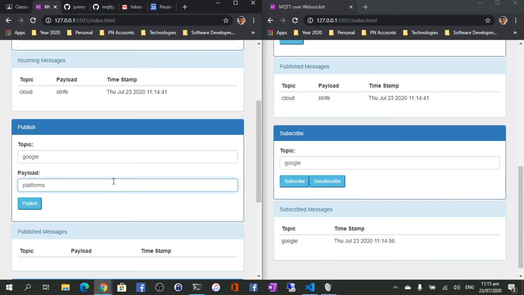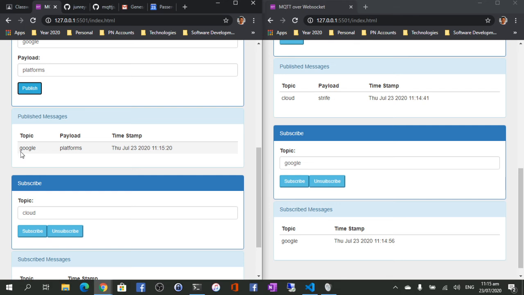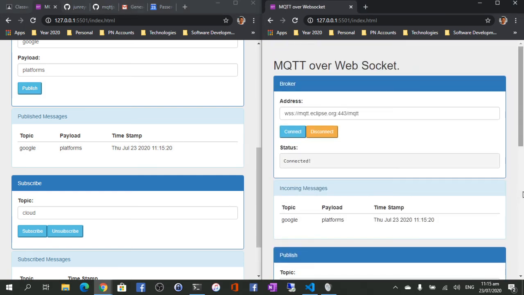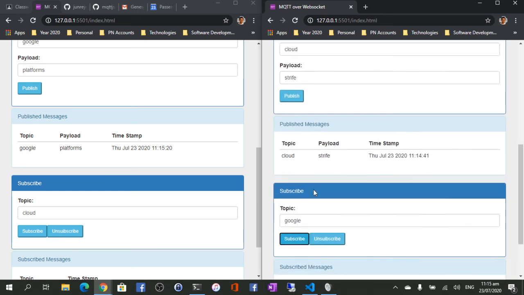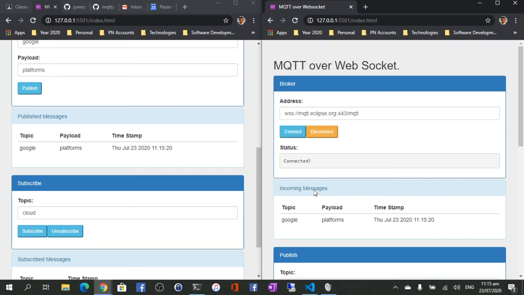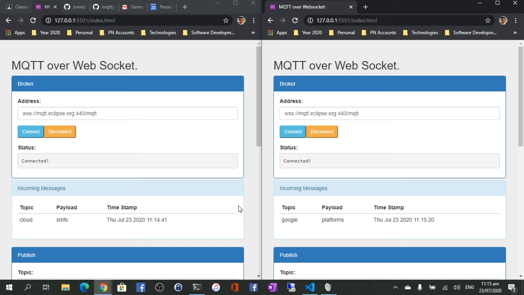Okay, so now if I publish, it will show me that I published to the topic Google with a payload of platforms, while here I should also be receiving that topic with a corresponding payload. So I guess that's it. As you can see, these are basically the functionalities that you should be able to do with this